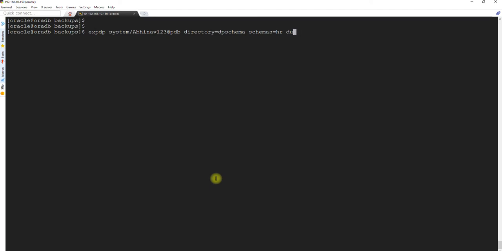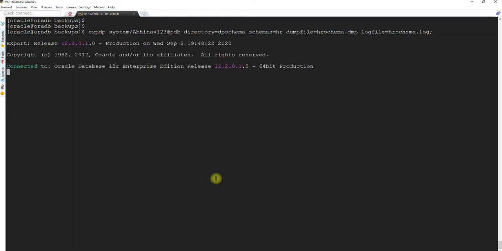For the dump file, we are naming it HR schema.dmp, and log file equals HR schema.log. I will also show you the location of the directory where the backup has been taken. So let's run it and see how it goes.